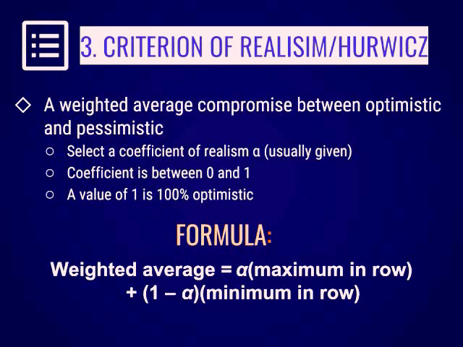We compute for the weighted average using this formula. Weighted average is equal to alpha times maximum in the row plus 1 minus alpha times minimum in the row. Given the same example, first, we compute the weighted average for each alternative. For the large plant, we have